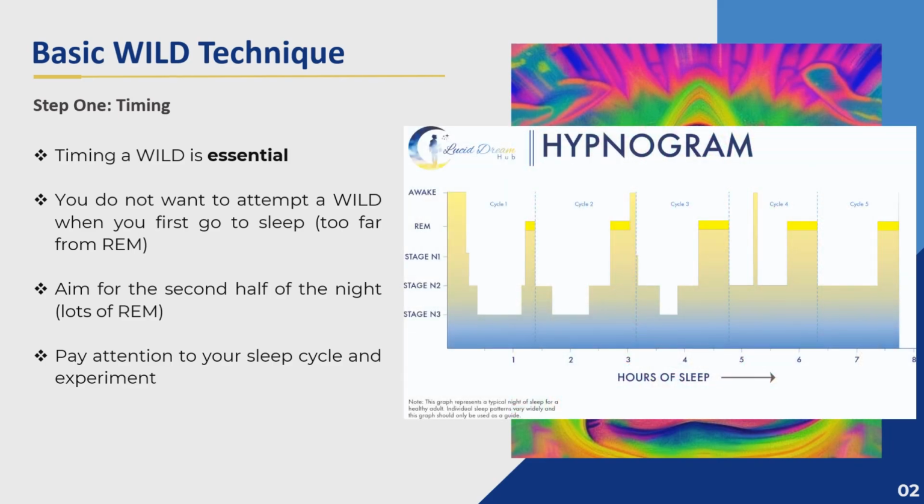This is why we want to perform a wake back to bed, setting an alarm to wake us after about 4 to 6 hours. As you remember from our sleep cycle talk, the second half of the night is chock full of REM. It is infinitely easier to maintain awareness for 5 to 10 minutes before a dream starts than having to wait over an hour.